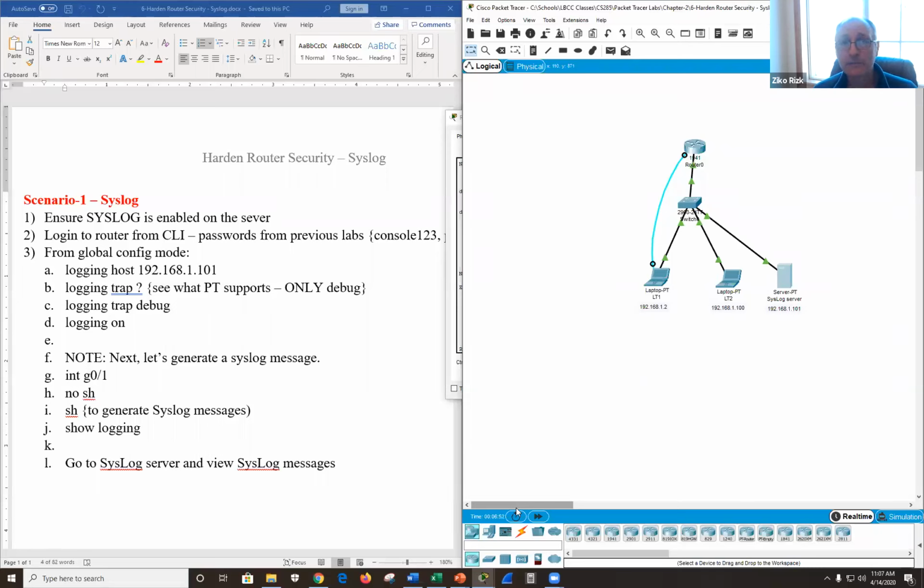Or is it everything? Because let's say it's a super sensitive folder with a super sensitive set of files, let's say some bleeding edge R&D project, then you can say log everything. I don't care what they did. I want to know who went in there. I want to know who created, who deleted, who modified, who read. And it may be appropriate for that kind of a folder. But you certainly don't want to do it on every folder, because it will not be very long before you have terabytes worth of logging information.